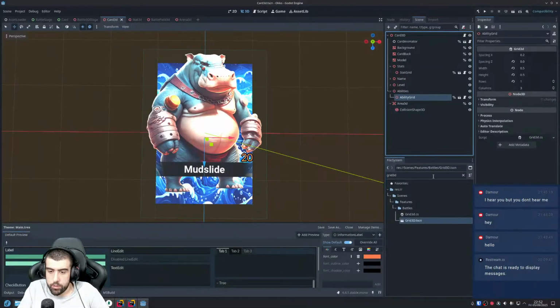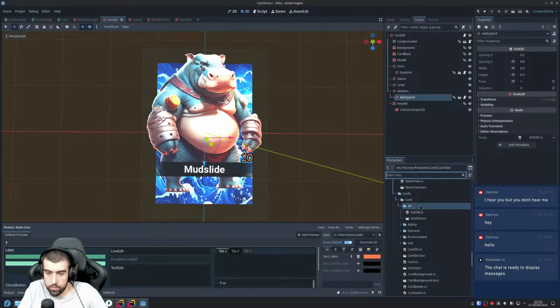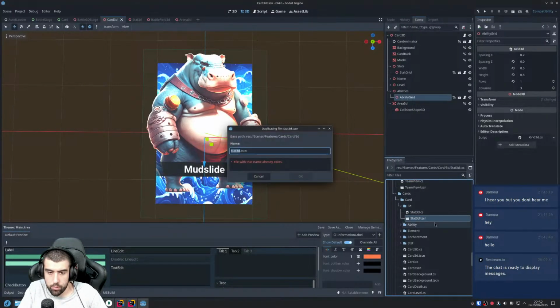Ability grid. Now we need to go on stat 3D. So here card 3D. We're going to duplicate this as ability